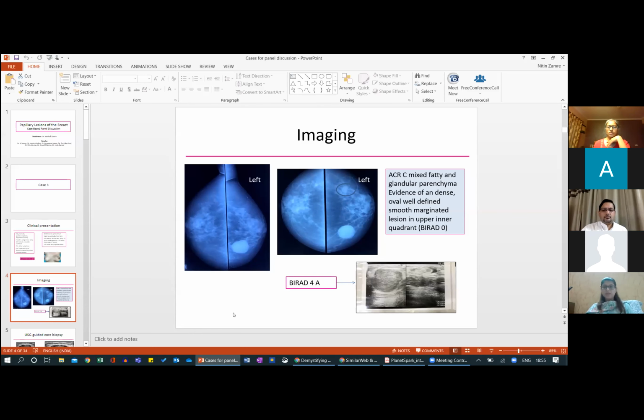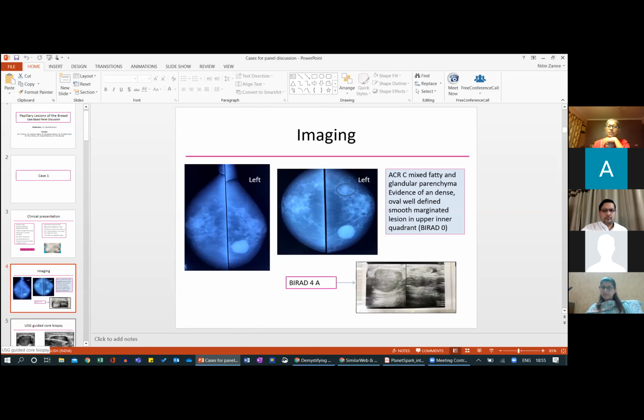So I would like to assess it by one more modality, preferably one ultrasound to look at this lesion. And then the additional cystic kind of lesion, isodense lesion that we are seeing in the outer quadrant. Now looking at this ultrasound image, this is a solid lesion having well circumscribed margins at most of the aspects, and on one of the sides, I can see slightly angular margins. So a new onset lesion at 68 years, definitely a BI-RADS 4B, and there is some moderate suspicion of malignancy here.